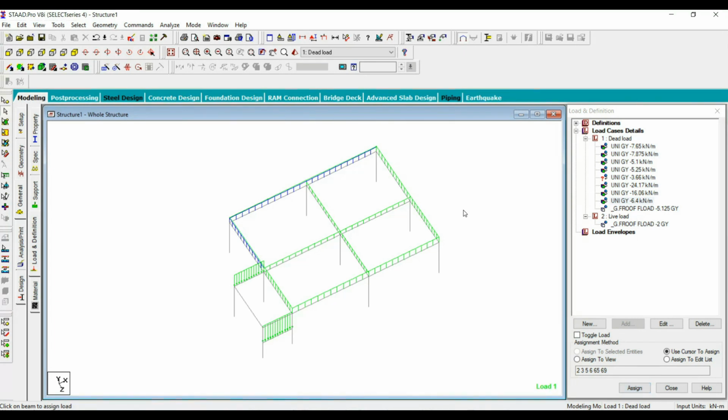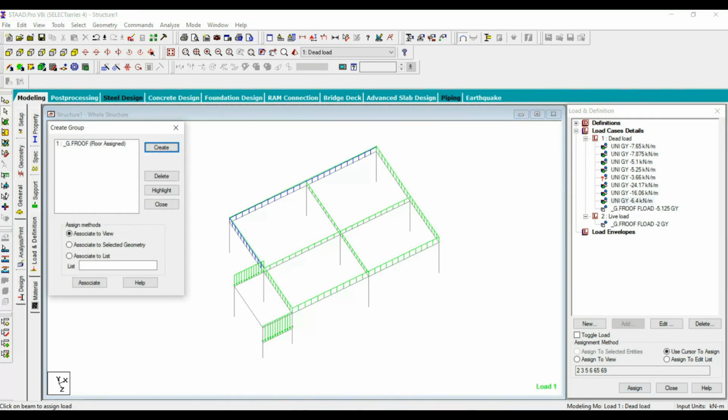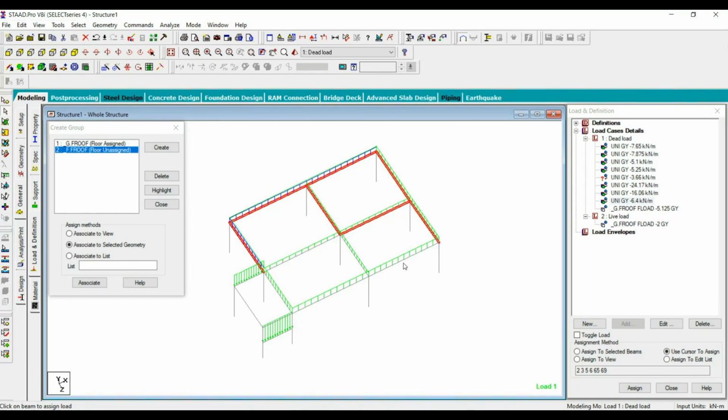Next, here also let's create one group. Control Z, create. This one is first floor roof. Create floor, give OK, and then select. Associate.